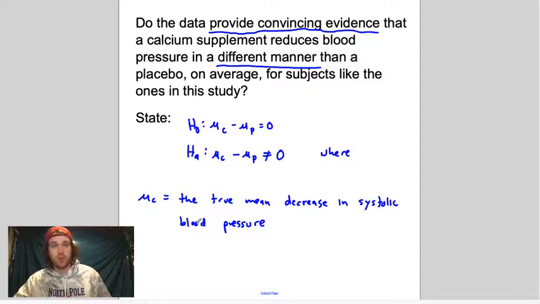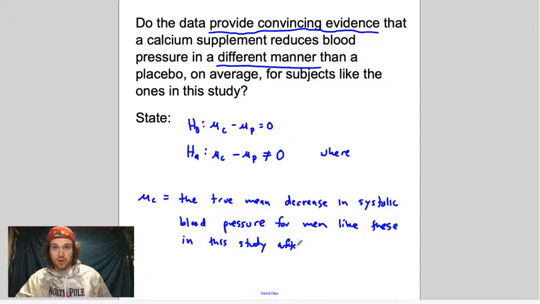This is for all the people like the ones in our study that we could potentially be talking about. For men like these in this study, so the true mean decrease in systolic blood pressure for men like these in this study